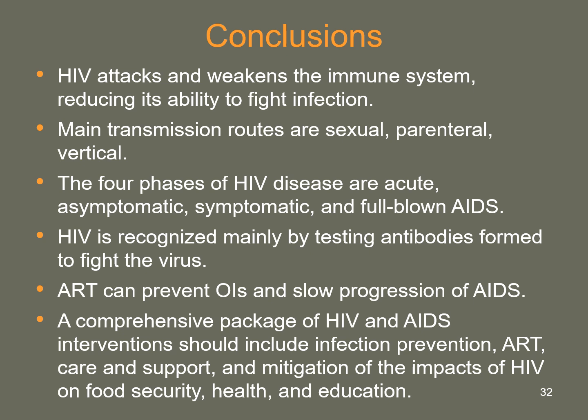ART can prevent opportunistic infections and slow progression of AIDS. A comprehensive package of HIV and AIDS interventions should include infection prevention, ART, care and support, and mitigation of impact of HIV on food security, health, and